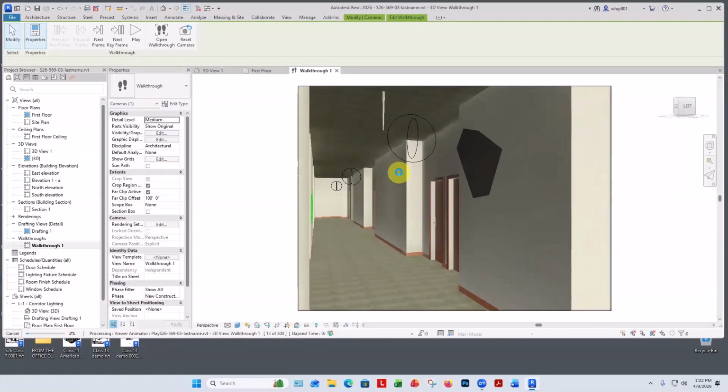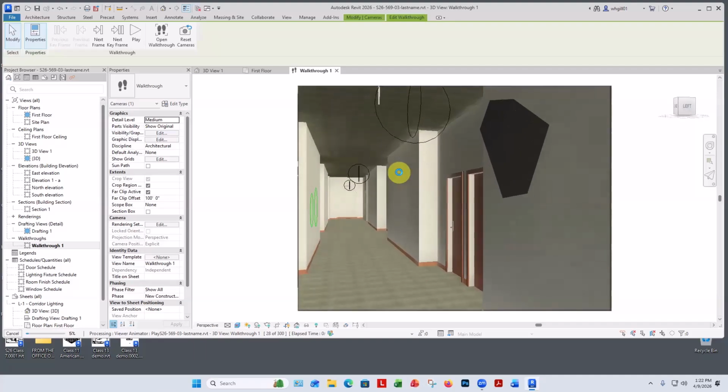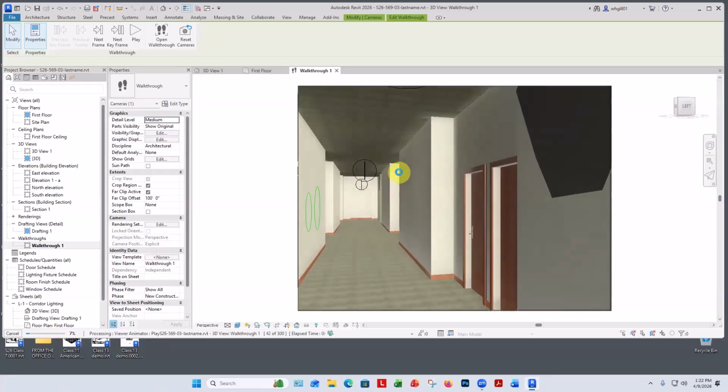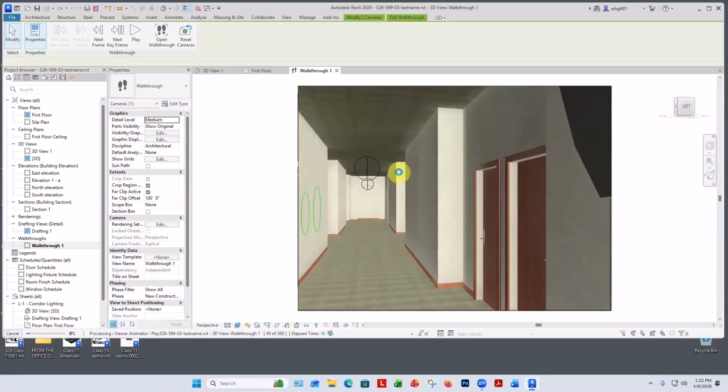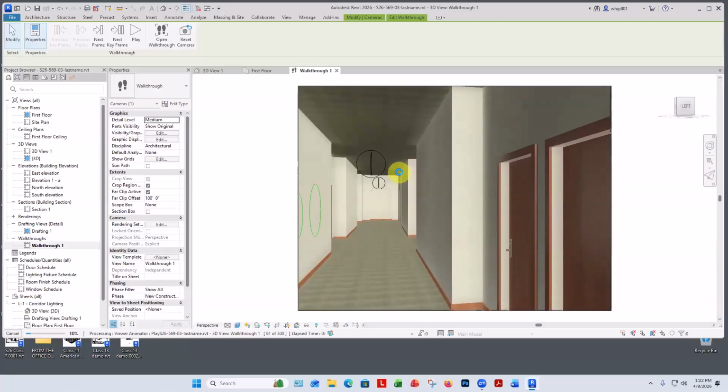So it generates an image, saves an image, generates an image, saves an image, all the way down to the end of the hallway. This is a bit slower than just using play because each frame image needs to be written to disk before generating the next one. And one thing we could do